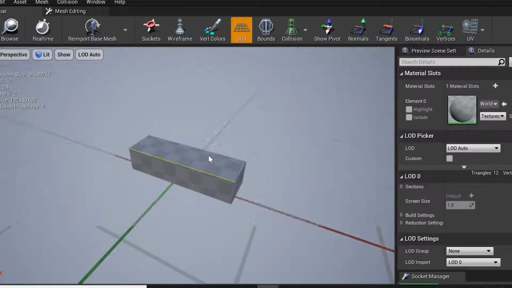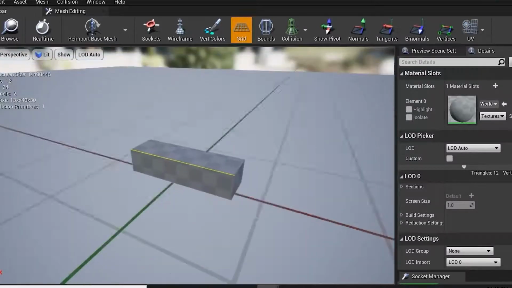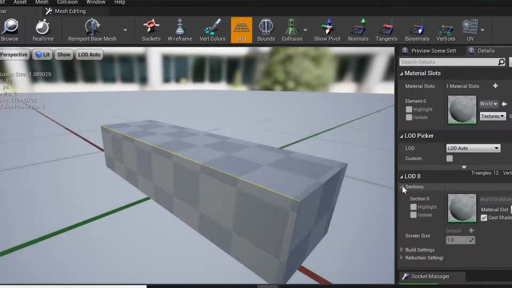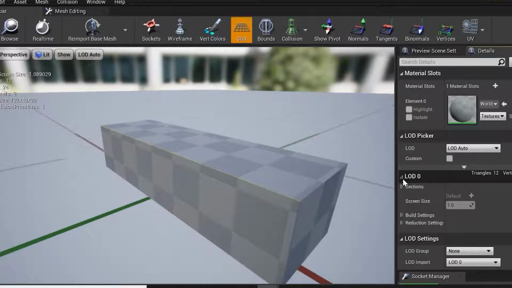If I click over here, if I want to apply level of detail to my object, I can do that. Level of detail is useful when we are using lots of foliage in our scenes, right? Once I zoom out from my scene, automatically the level of detail will get reduced on that object, that is what we call LOD. Now once I click on this File, we have the different menu bar over here.